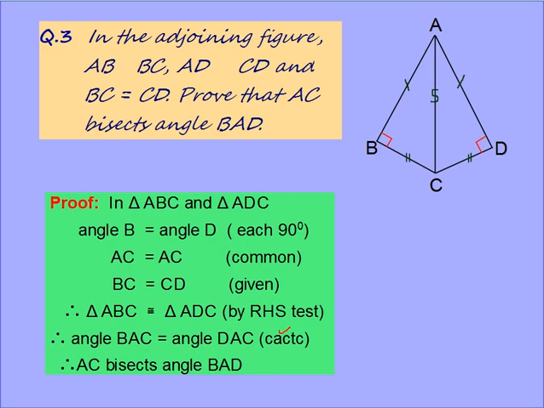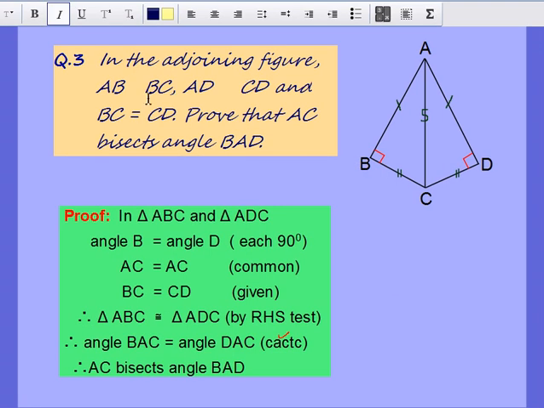Now when we move further, see what a beautiful diagram it is. If you see the diagram, first you read the question. See the diagram, read the question. See, the beauty of geometry is concentration, or you can say you have to focus a lot on the diagram. So if you see here in the adjoining diagram, AB is given equal to BC, and AD is given equal to CD.